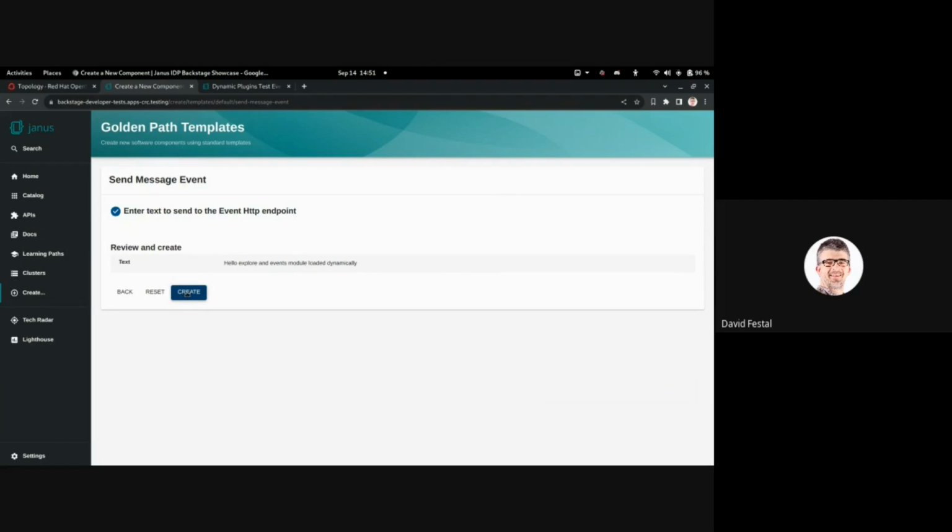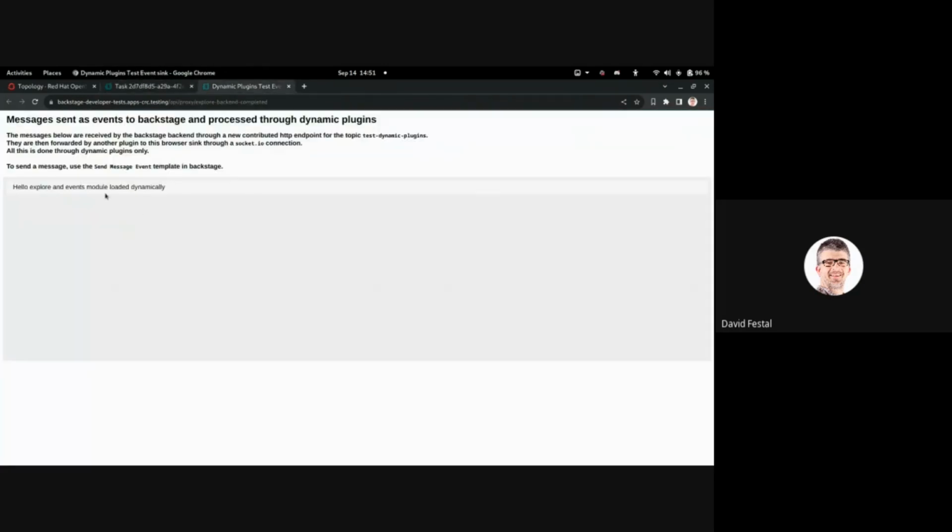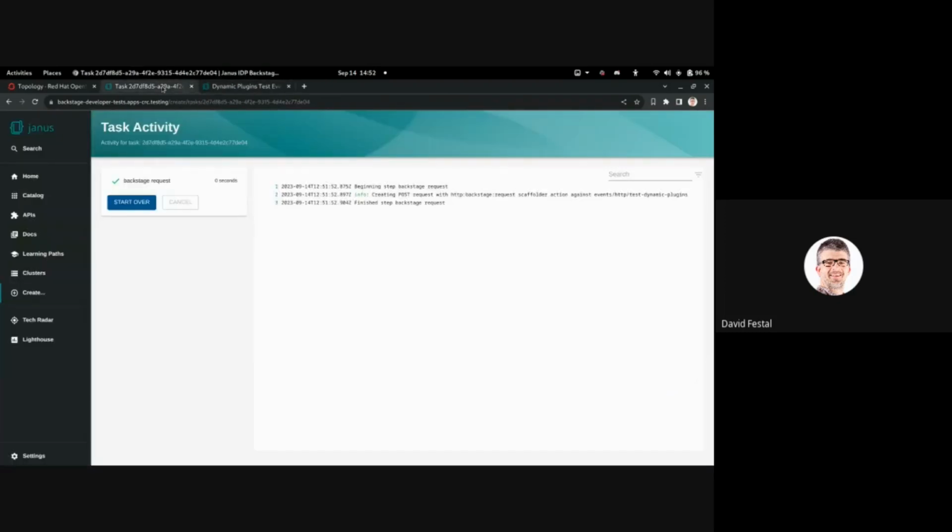Next step, let me create that and see that the message is returned to the browser. How does it work? That's just a detail of implementation. It's using socket.io. But I wanted to do something a bit more complicated to showcase that